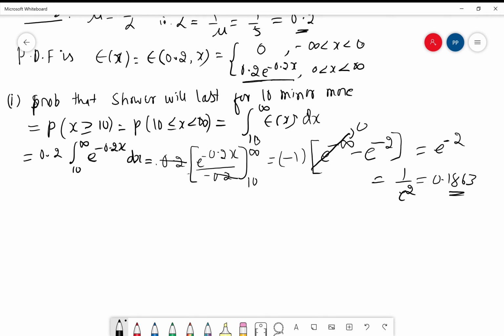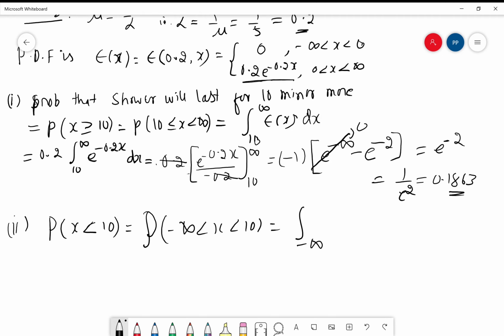Okay, now let's consider the second case. Probability that a shower will last for less than 10 minutes. What is the notation for this? P of x less than or equal to 10. Less than 10 minutes means strictly less than 10, so you can exclude that equality. By definition, it is the same as probability from minus infinity less than x less than 10, which equals the integral from minus infinity to 10 of f of x dx,